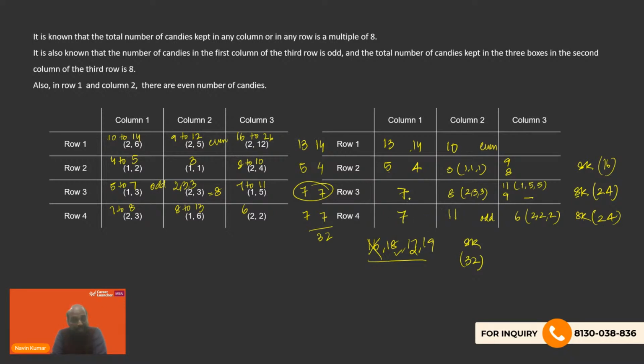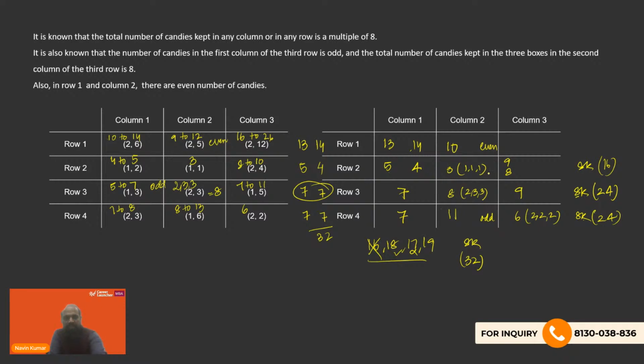Now, the moment we have a 7 in the third row, we can only have one possibility, which is going to be a 9, right? 7 plus 8 plus 9 is 24. So that means we again get a unique case here. Next, okay, if we had a 5